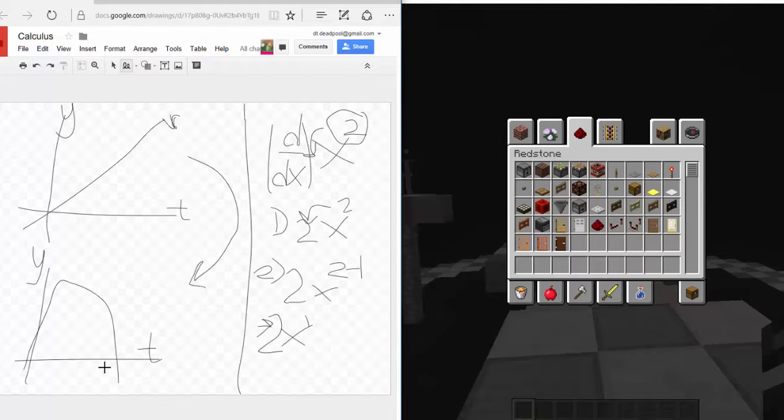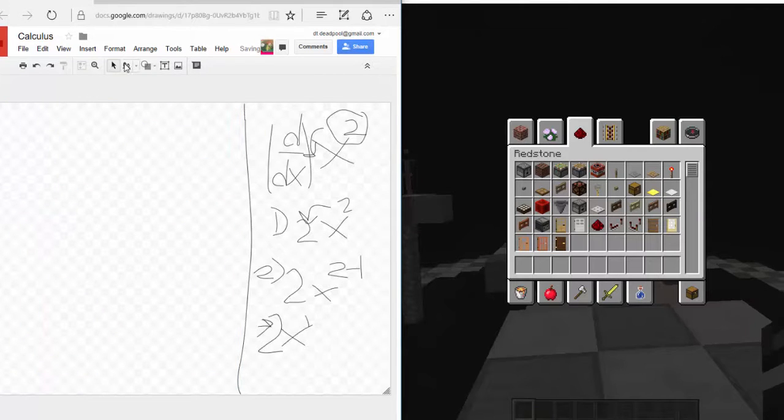So if you have the speed of the ball as you throw it up, or as it's going through the air, then you can find out where it will land or how high it will go. But that's physics, so we're not going to do the examples that are real problems. We're going to talk about what an antiderivative is.